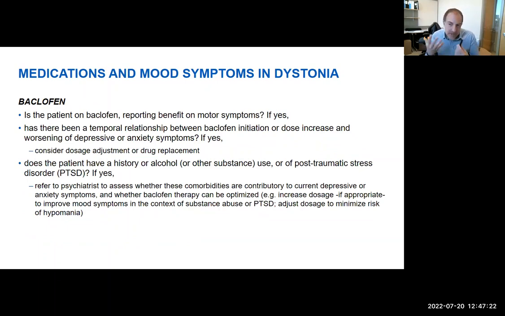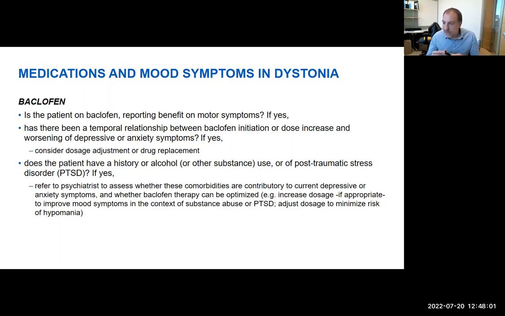Baclofen is a muscle relaxant that is not infrequently used in people with dystonia, sometimes with some benefit on motor symptoms. And again, we have to pose a similar question as to anticholinergics. If there has been a relationship between a worsening of mood symptoms or anxiety and the initiation or an increase in dose of baclofen, and consider adjustments accordingly. There is some evidence also that baclofen therapy might help